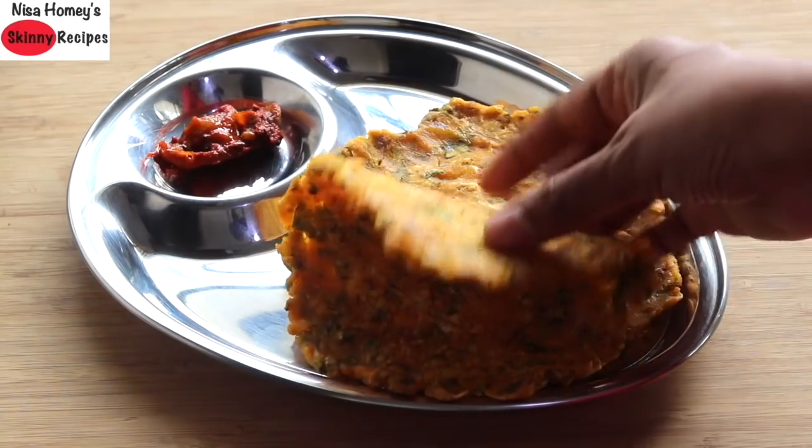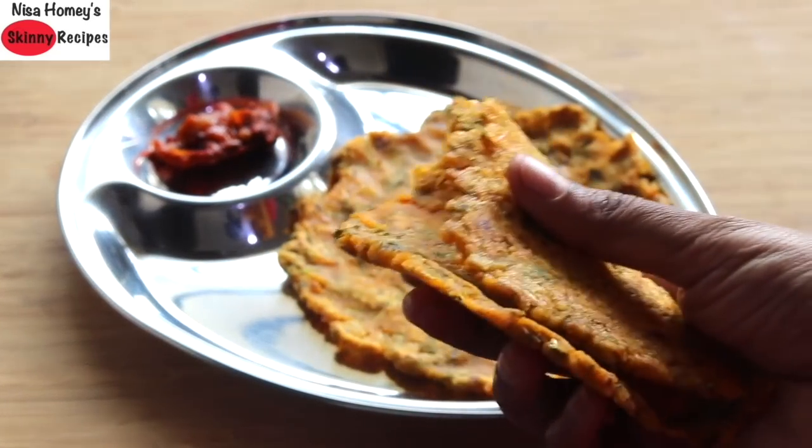And the best part is you don't need any side dish with this, and you can also carry it to work